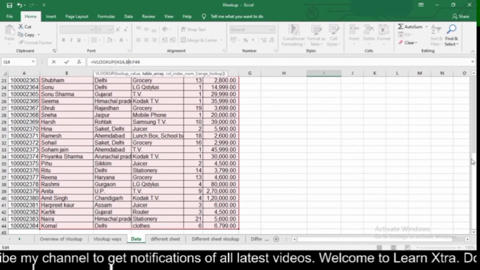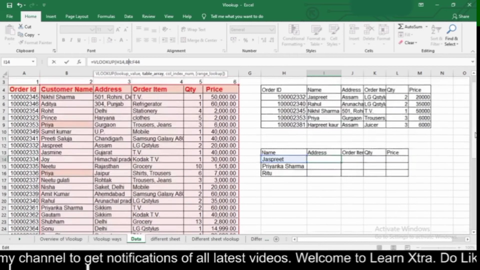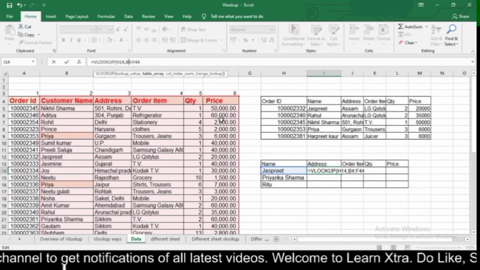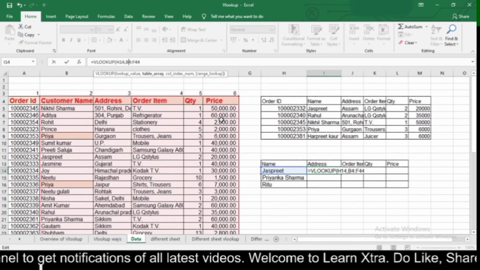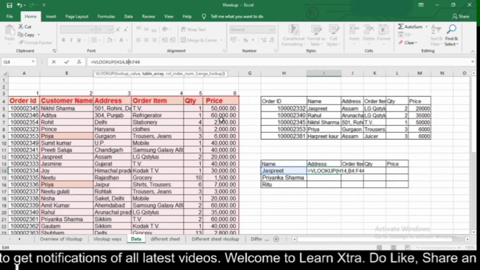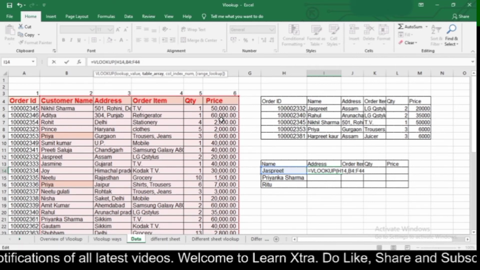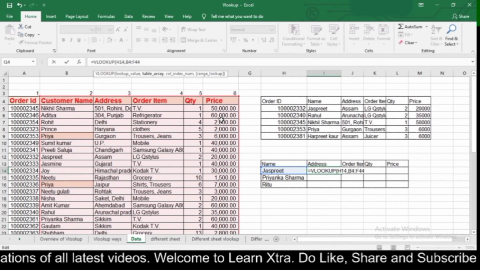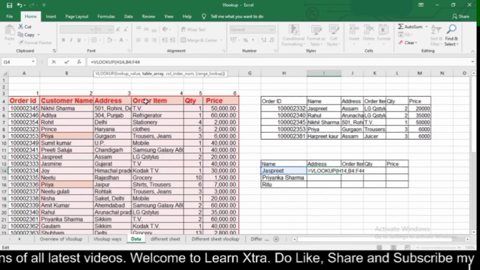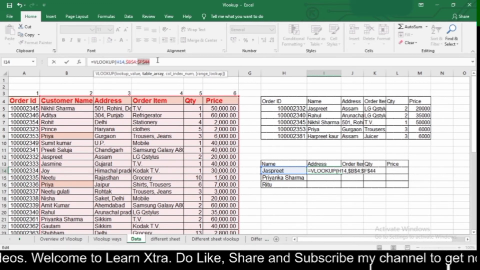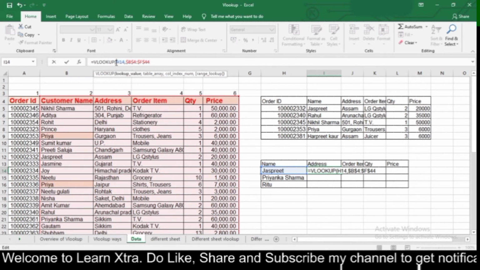And if I want to get my answer with the help of that customer's name, then my data or my table would start from the B column, that is from B4 to F44, and then freeze it with the help of the F4 key. And I am freezing my H cell,